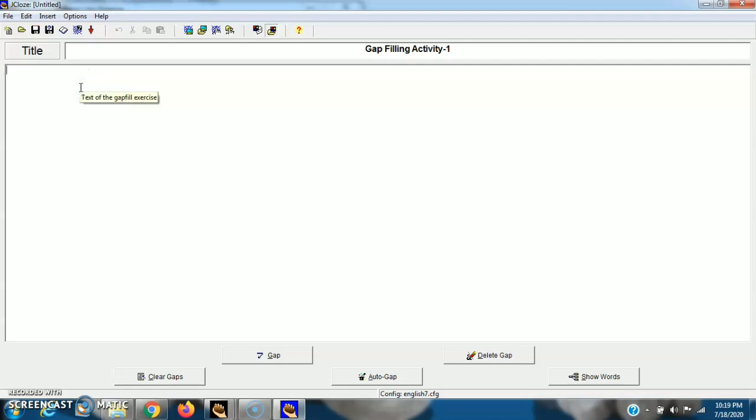We can write our questions here, as we can write Sachin Tendulkar scored number of centuries 100. If we want to make this the answer, as we know that Sachin Tendulkar scored 100 centuries, this is the answer. So we have to select this and then we have to click on this gap button.